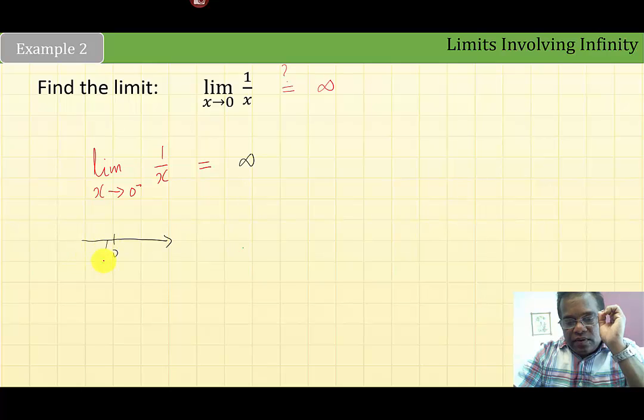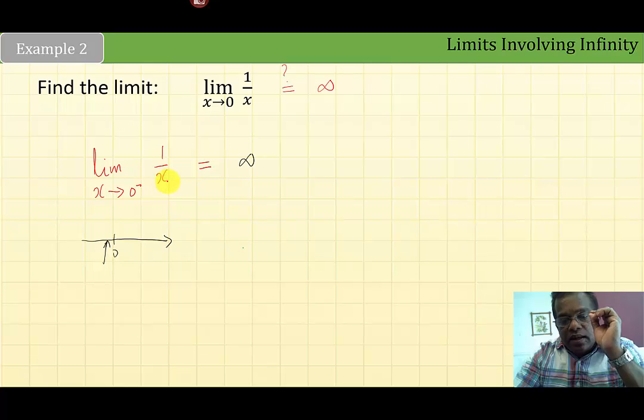From the left, what you have here is a negative number, like negative 0.001. That means the numerator is a positive number and the denominator is a negative number, so this actually approaches negative infinity. And the limit